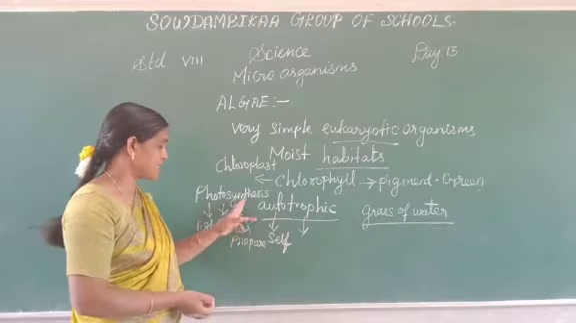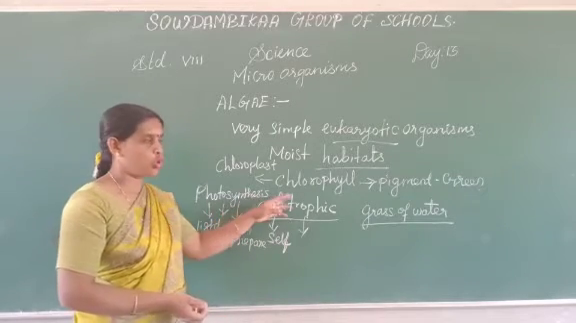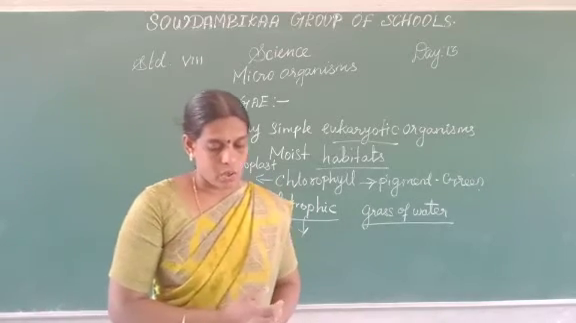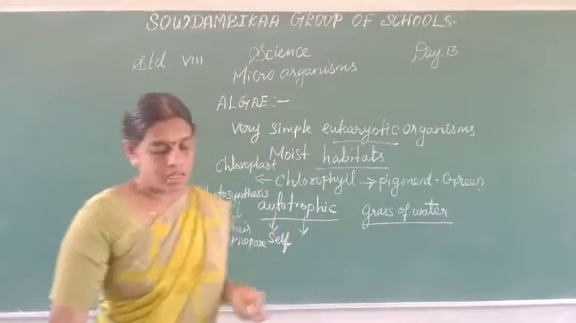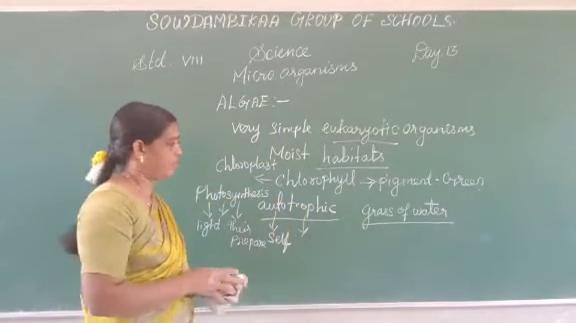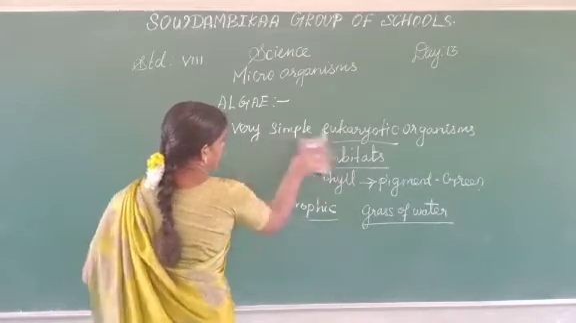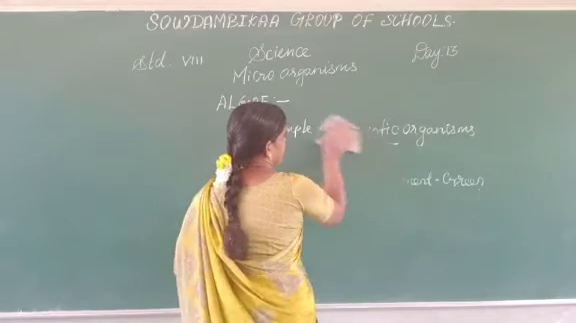Photo means light, synthesis means to prepare. With the help of sunlight and chlorophyll, the green plant prepares its own food. Some examples of algae are Chlamydomonas and Volvox. I think all are clear about this one. Next,